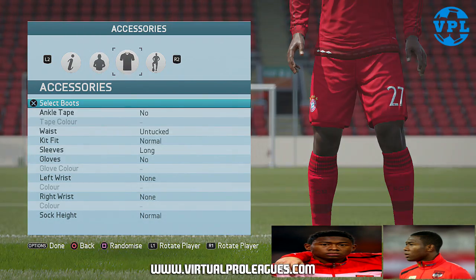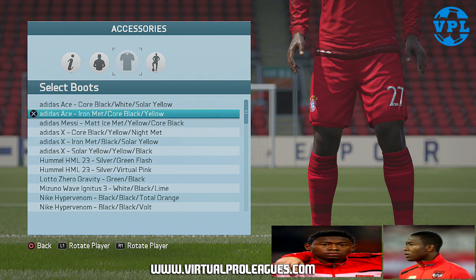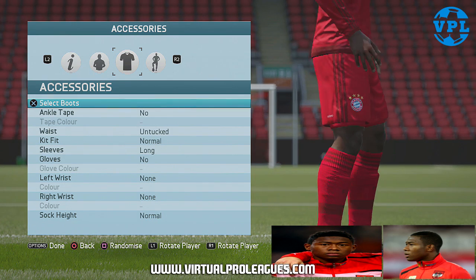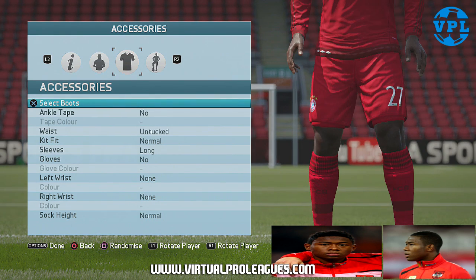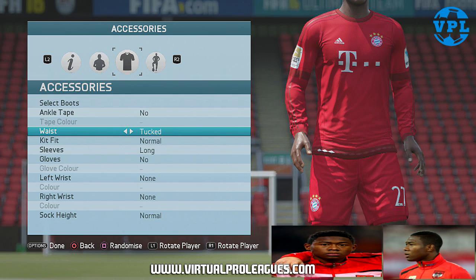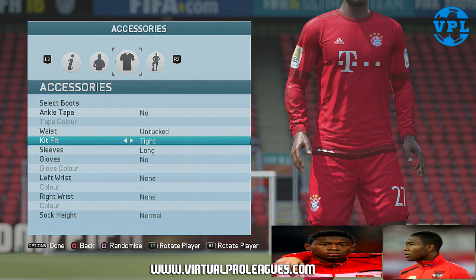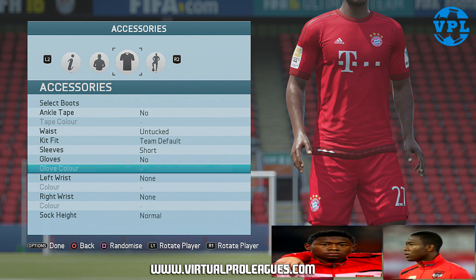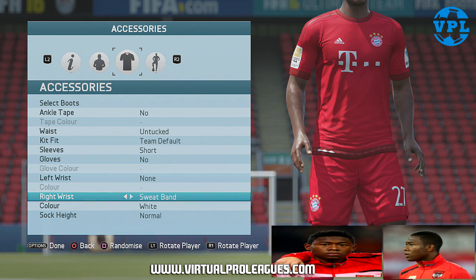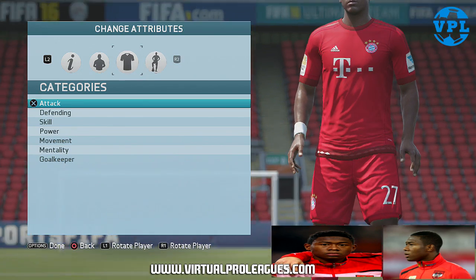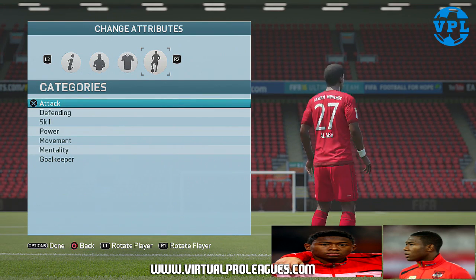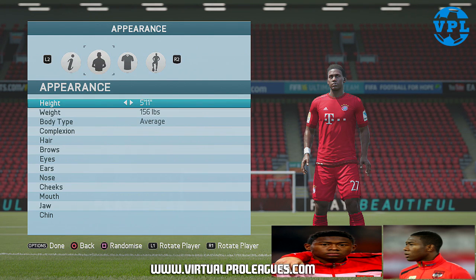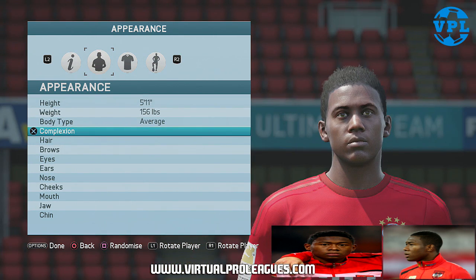So now what I would do is I'll start making it look better. I don't know if I've put the boots on, so I might have to just put them. Oh, there you go. Them ones will do. They're close to what he's wearing, I think. Or what the thing has said. And I do believe this is routine default. Short sleeved, because I like putting, I think that was on his right wrist. I like putting, which is strange, I like putting a wristband on. So then I'd bring it back down and think, so